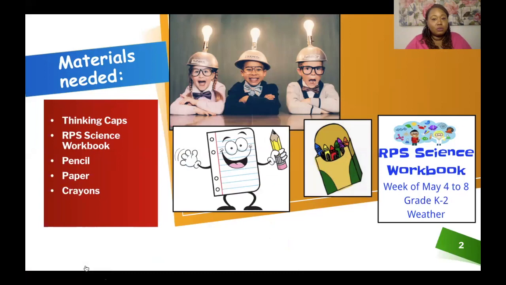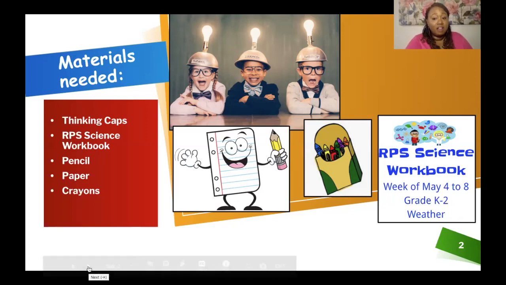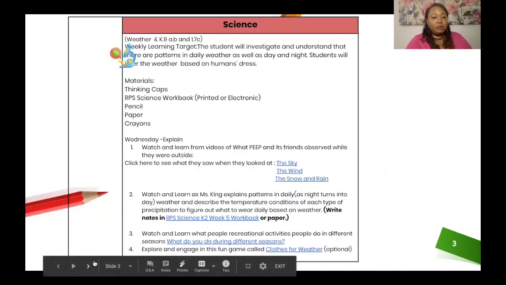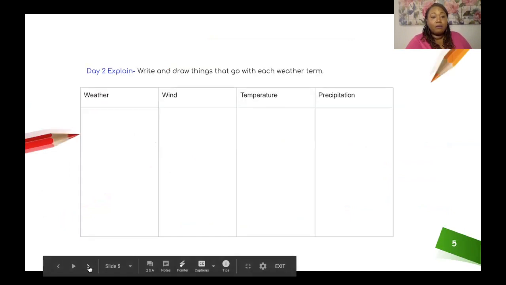The next thing that you may want to grab is the RPS science workbook that we've been using this week. If you don't have that, of course, we've been just using pencil and paper and some crayons. And if your parent or you decide that you want to go ahead and get another RPS science workbook, you can go ahead and click on the link. And it says the RPS science workbook, and then this will pop up. You go ahead and make a copy of that document,